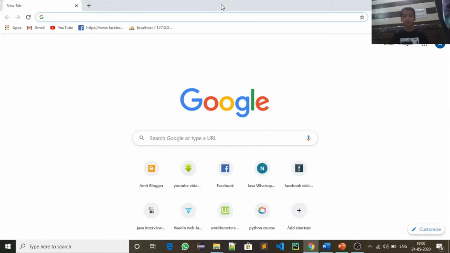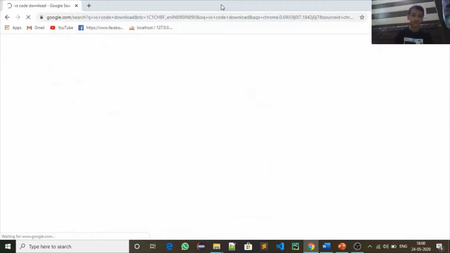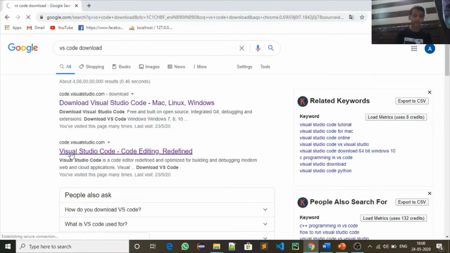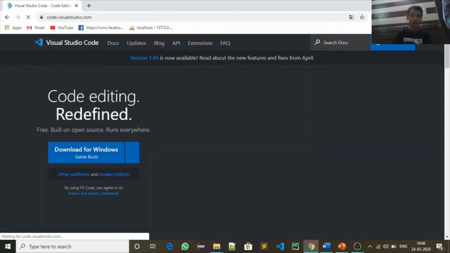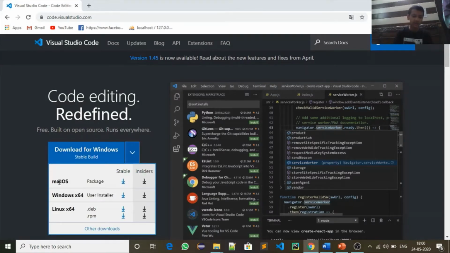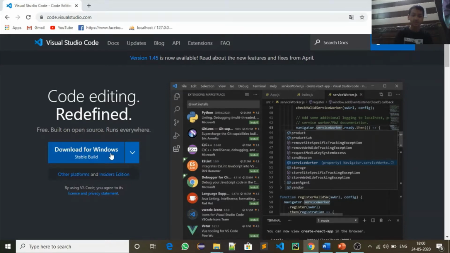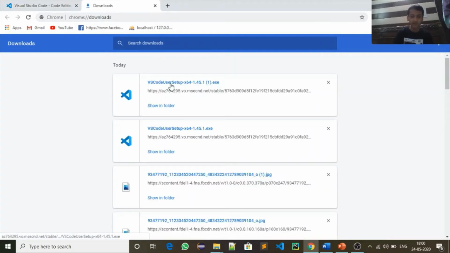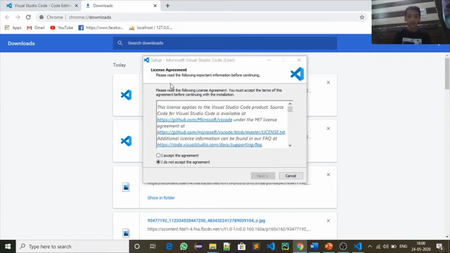website on it. So to set up it, we will write VS Code download on our browser and then click on this link code.visualstudio.com. So now it is for 3 operating systems: Mac OS, Windows and Linux. So you will select your operating system and download it. I have Windows, so I have downloaded it and it is in my download folder, as you can see here. So I will open it.